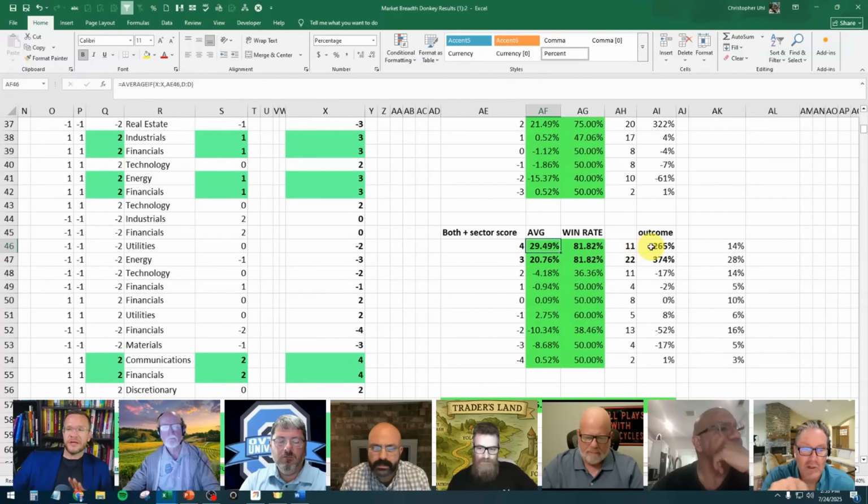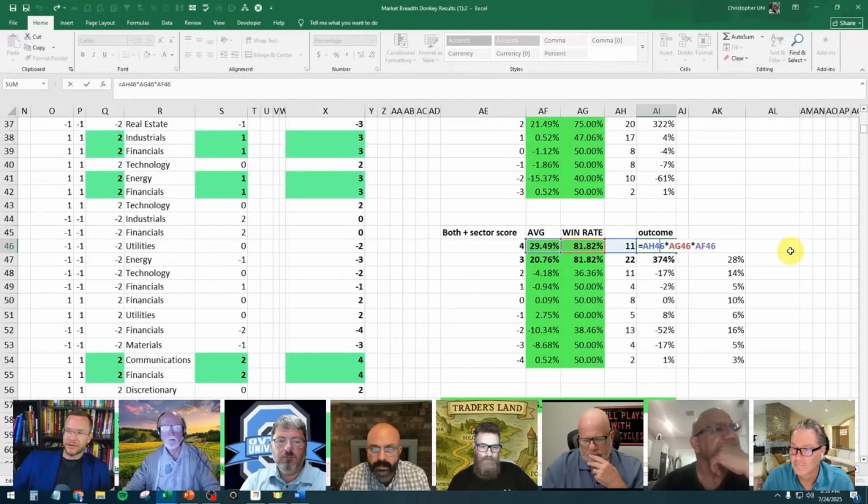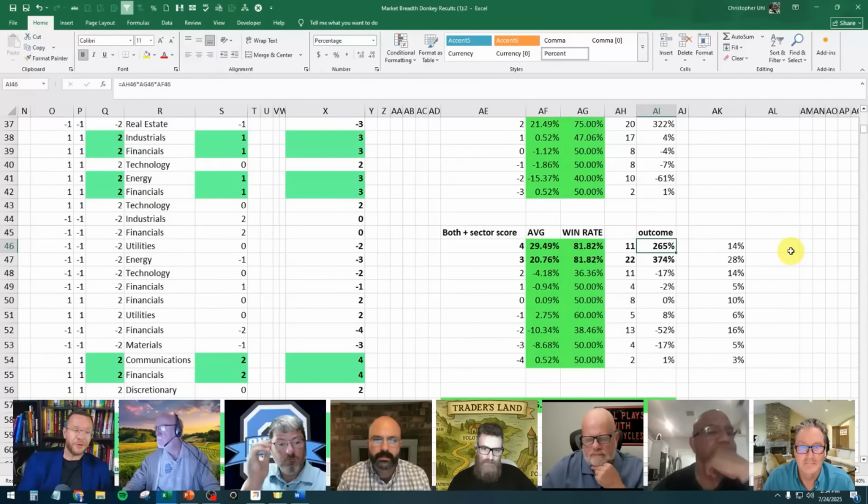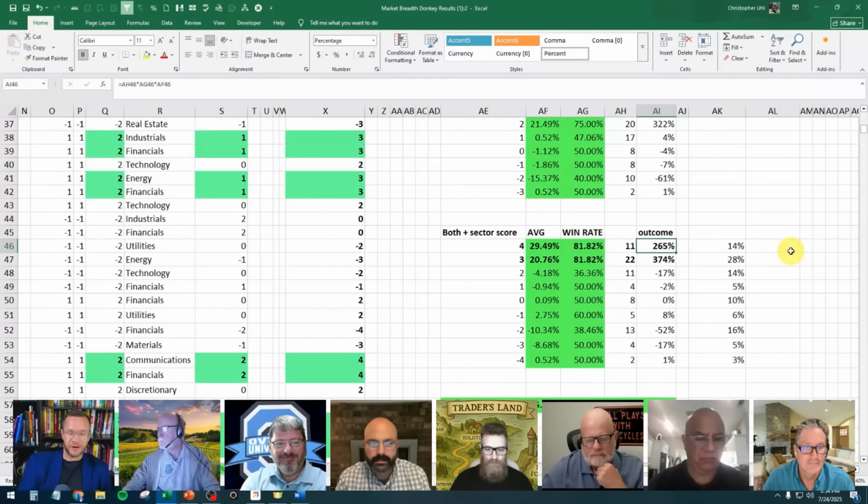Well, I read numbers are actually better like that. It is better like that. And I see his point, because you've already got the losers, so you don't need the losing point in there. I get that. However, the way that I've calculated outcome is number of trades times your win rate times the average return overall. I can see where he's coming from. I like that number, but I don't want to blow any extra smoke up our backsides. We already have a lot of smoke blown up our backsides at the moment about this.